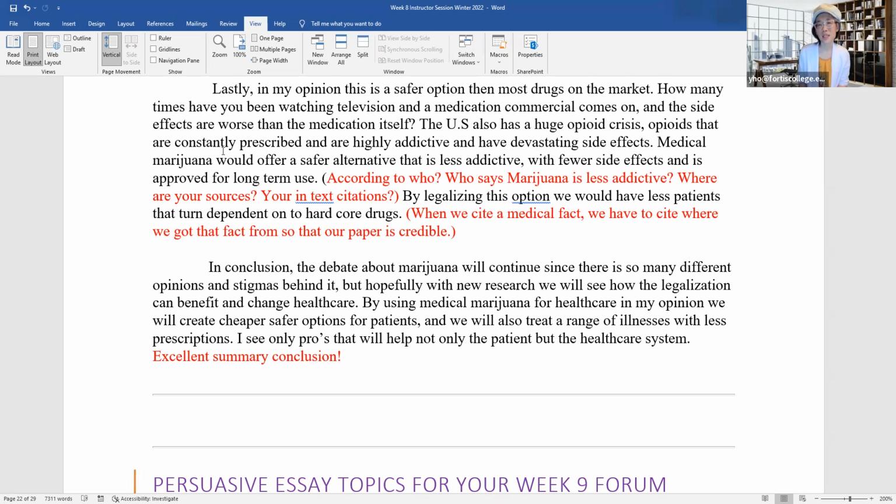Why do we use these in-text citations? It gives credibility to your paper. It signals to the reader, you didn't just make this up off the top of your head. This isn't just your imagination. So that adds ethos to your paper. Remember, in order to have a good argument, you have to have ethos, pathos, and logos. Ethos means the appeal to credibility. It means that your paper